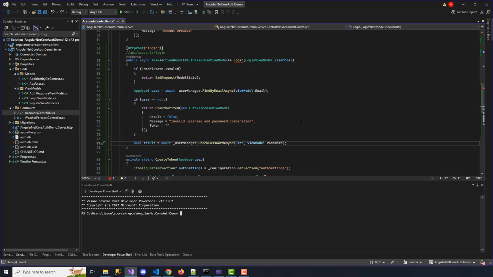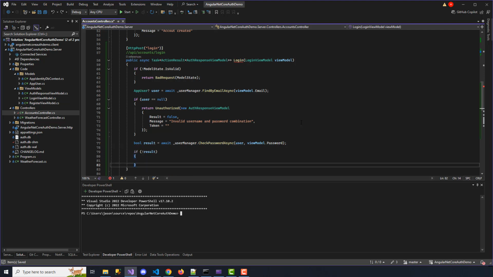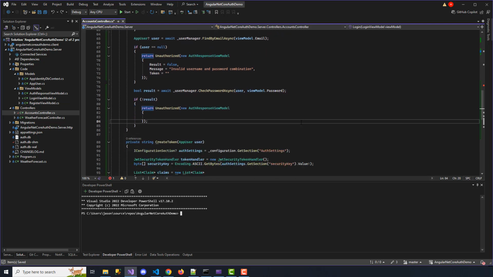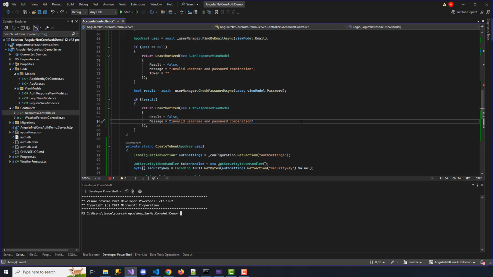Bool result equals await _userManager.CheckPasswordAsync, pass in the user and the viewModel.Password. If the result is false, we will return an unauthorized, and the contents of this are exactly as they were before. Again, not to allow the user to distinguish between an invalid user and an invalid user and password combination. So at this point, if the user is found and the password checks out, we know we've got a